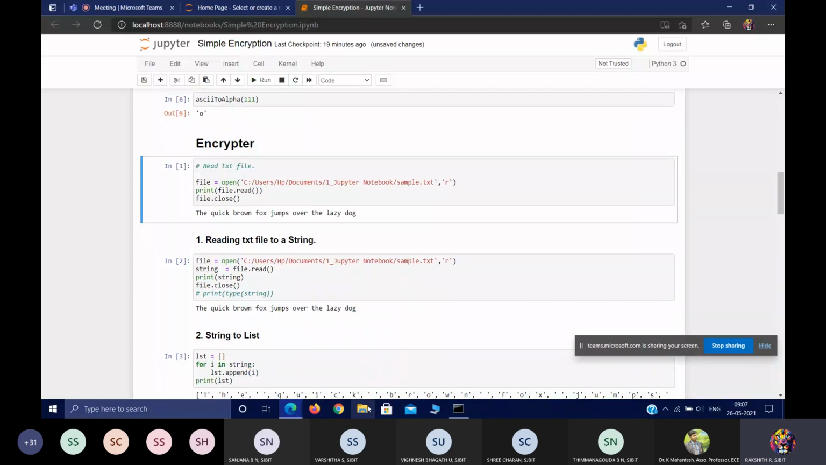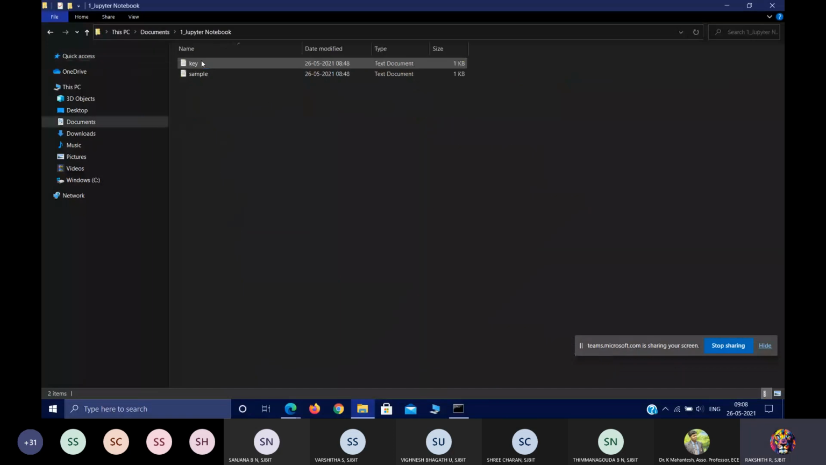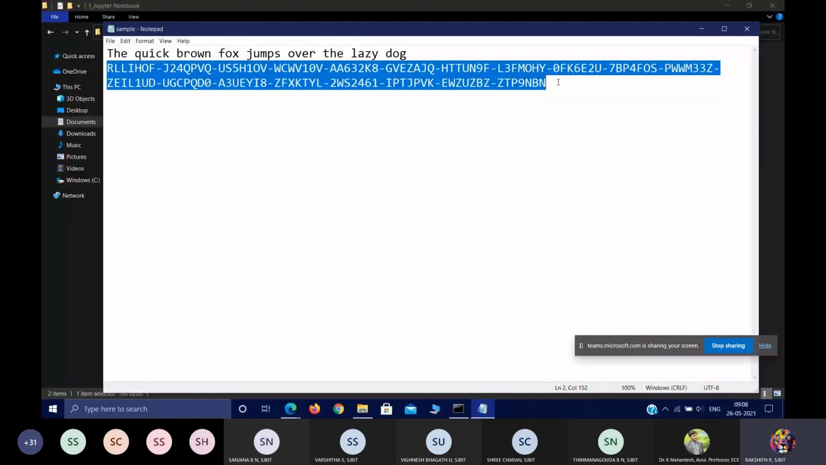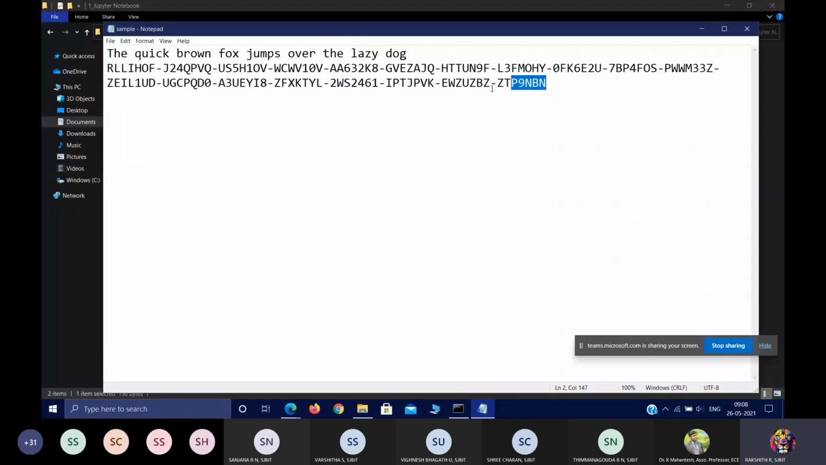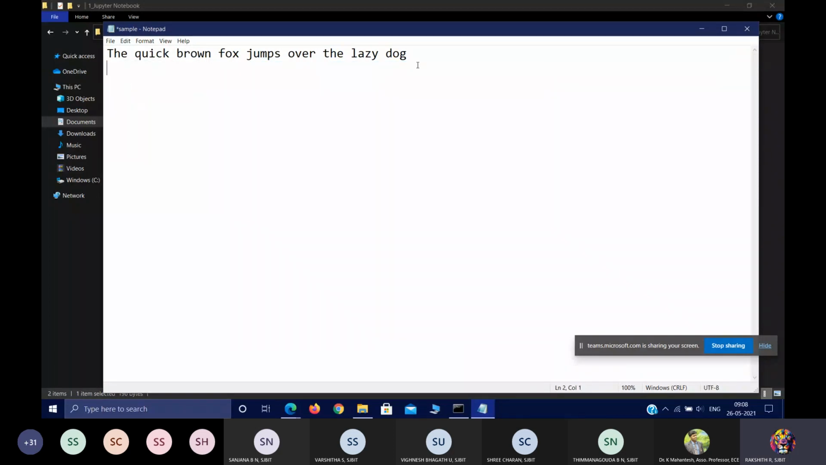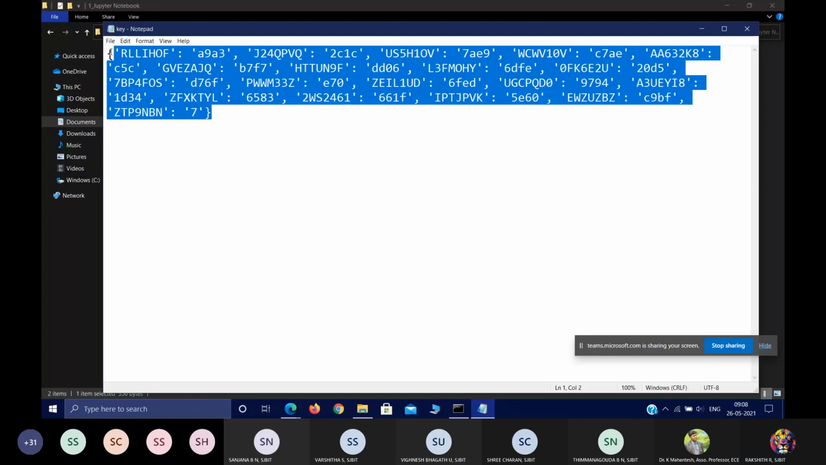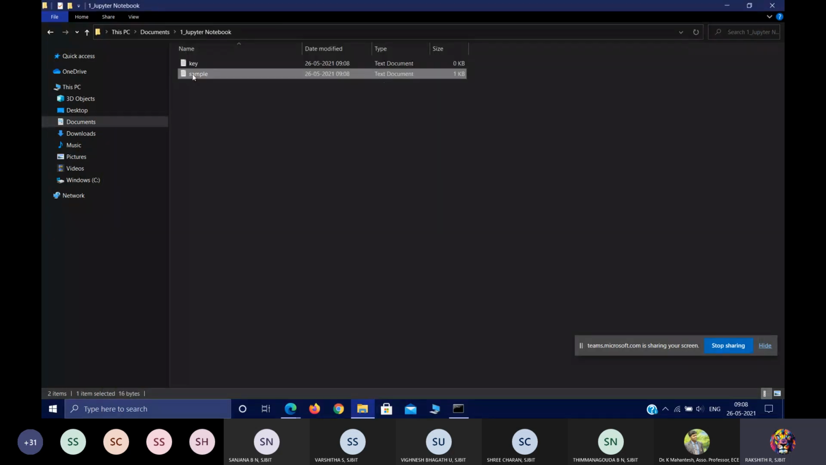First, I'll show how it is encrypted. See, if I pass the quick brown fox jumps over the lazy dog, you get this as the encrypted data. I'll clear this out. I'll save this. Even delete this key. Okay, now I have only this